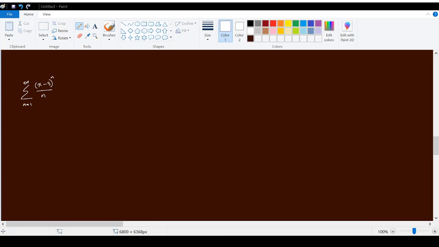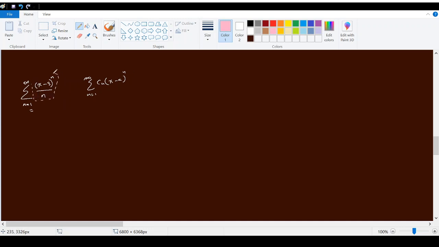Let's discuss the convergence of this example. Right, now for this one also you can see that since it is of this format, you can consider this series as a power series. But see here, you have started the indexing at 1. Okay, right. Now, in order to identify whether it converges or not, we can once again apply the ratio test